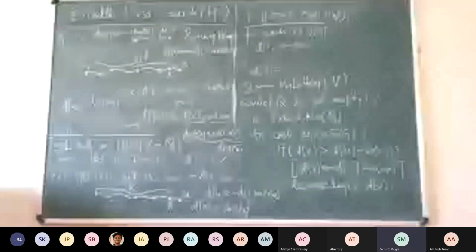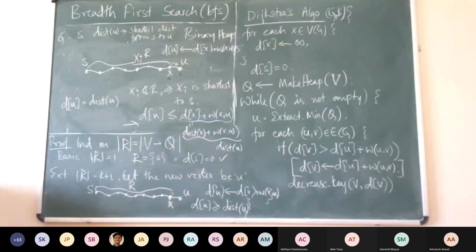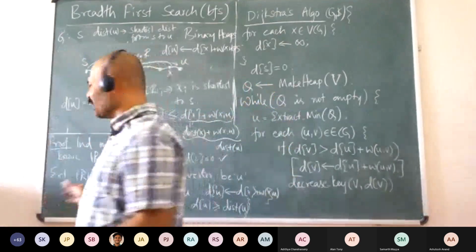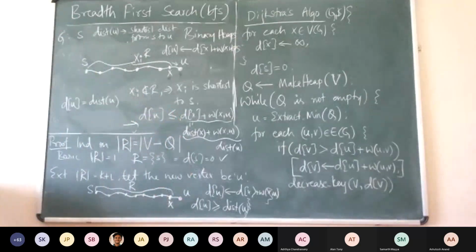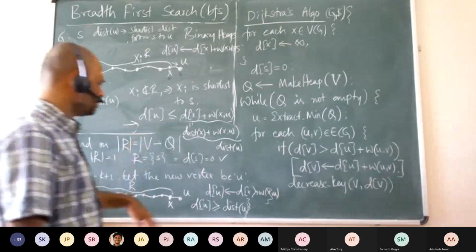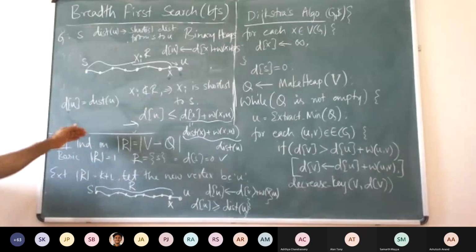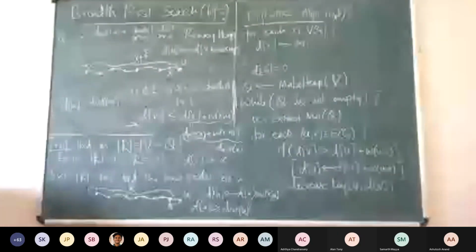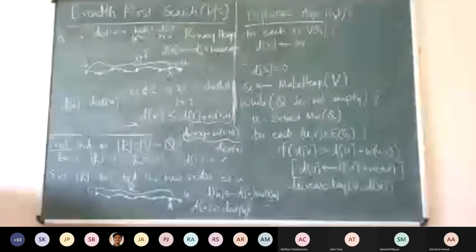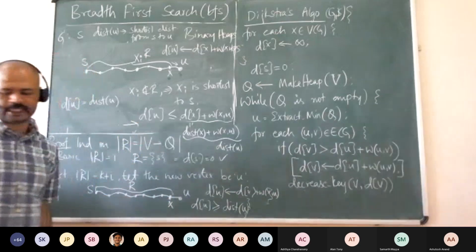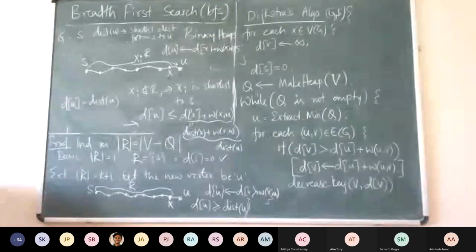Yes, sir. Okay. So notice that we had done this before also. When Rajat came up with this idea, we had exactly proved this, but we had proved it in a different manner. Once we have this algorithm, it is a bit more concrete. We can use induction again here. Here we are inducting on the number of vertices that are not there in the heap, and we are able to get this. Is it okay?